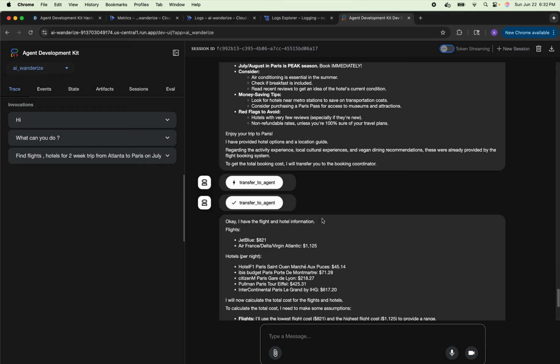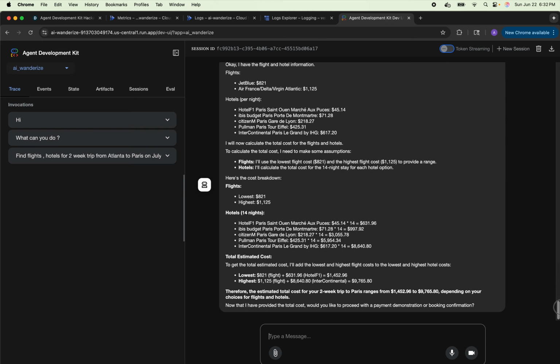And then again it transfers, consolidating the flight and hotel information: how much it costs for the flights and hotel per stay, and then it calculates the entire recommendation. Then it asks us if we're okay with that, what the total cost is, and it can provide booking confirmation. But what I'm going to do is